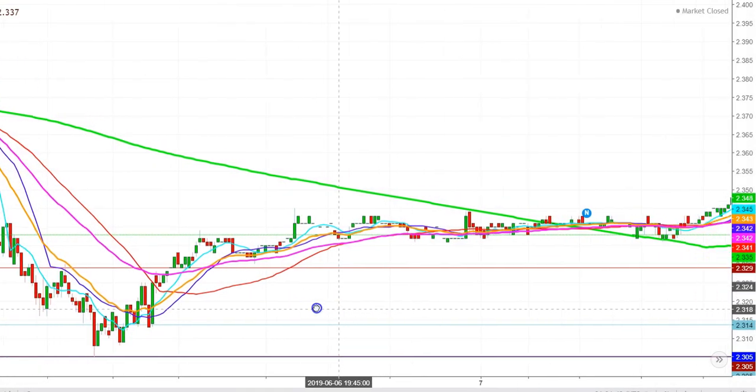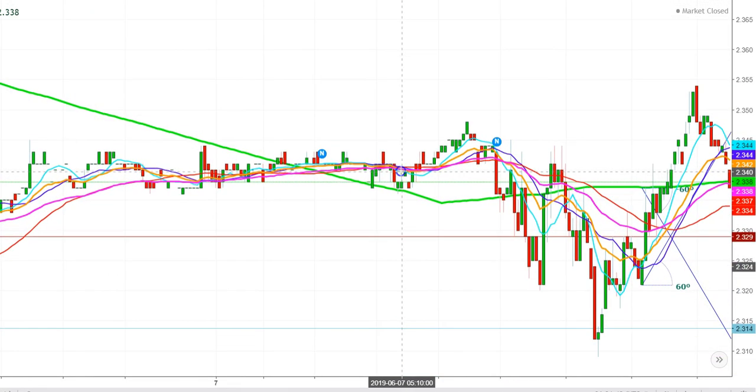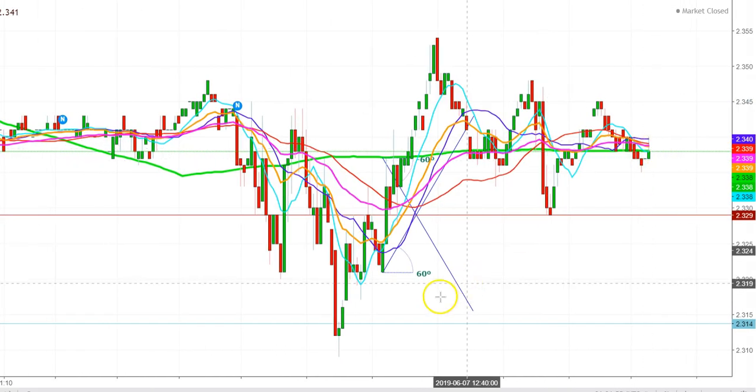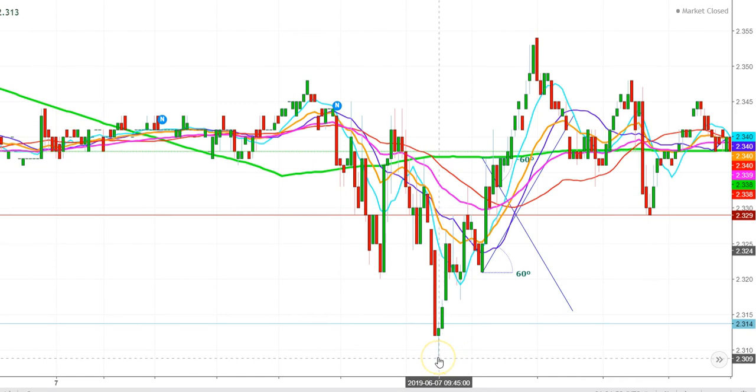Natural gas futures were moving in a zigzag manner till the weekly closing, but once again touched the lows of